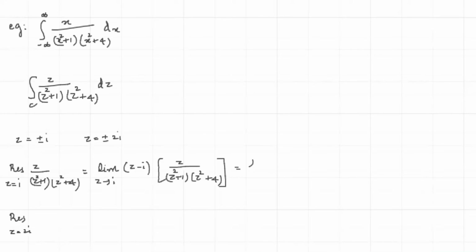And that is equal to the limit as z tends to i of z by, z minus i will cancel with the denominator and you are left with (z plus i) into (z square plus 4). And that is equal to i by 2i times (minus 1 plus 4),